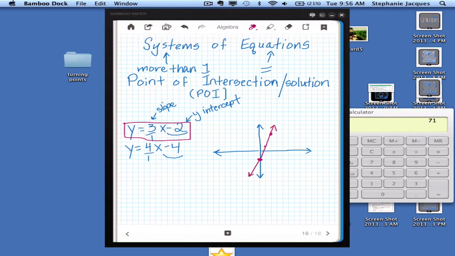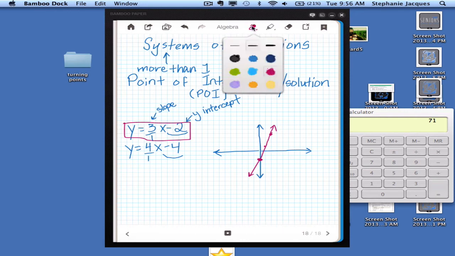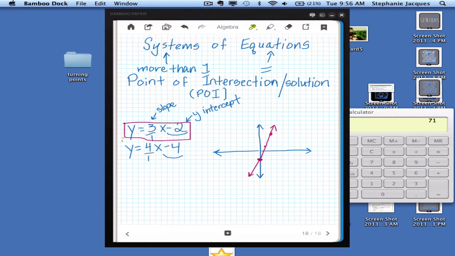Now let's look at our other equation, and let's make that one green. So I will circle the bottom one in a lime green. I'm going to start at the negative 4. So I go down to negative 4 and I put a point. Remember, that's over 0, down 4. And then I'm going to go up 4 for my rise, 1, 2, 3, 4, and over 1 for my run. So I have a point right there. I'm going to do that again, 1, 2, 3, 4, over